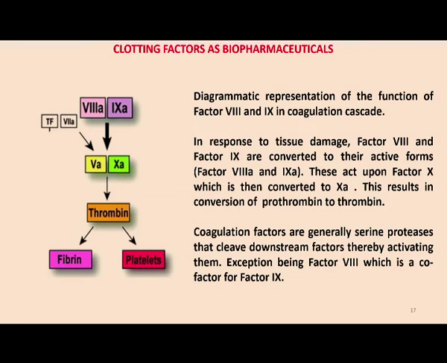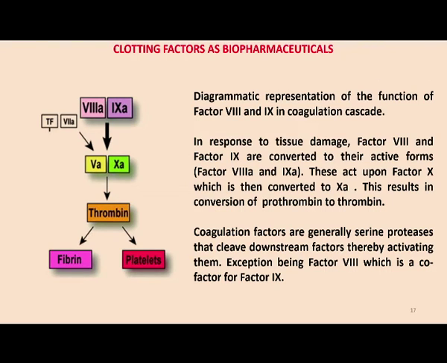These are factor 8 and factor 9. So, factor 8 is actually a cofactor for factor 9, and factor 9 is a protease. It is also a protease, which means that it will be able to convert the protein on which it acts into an active